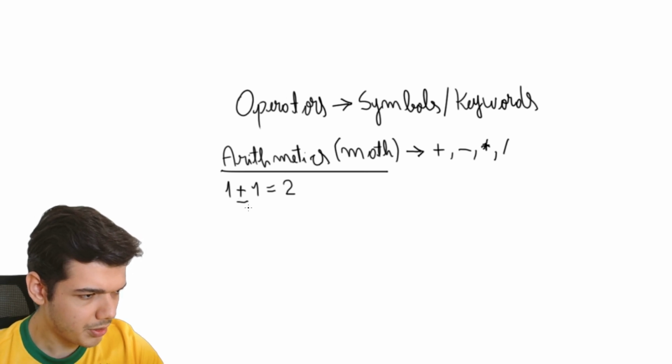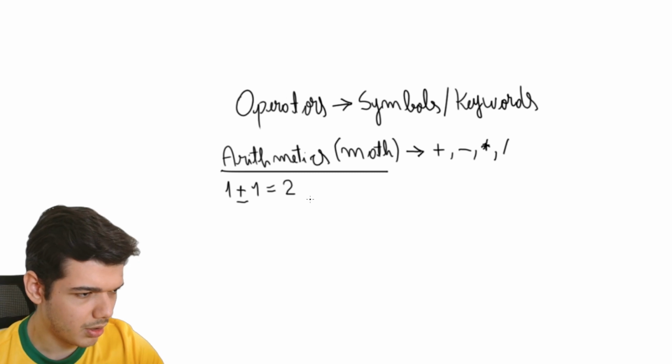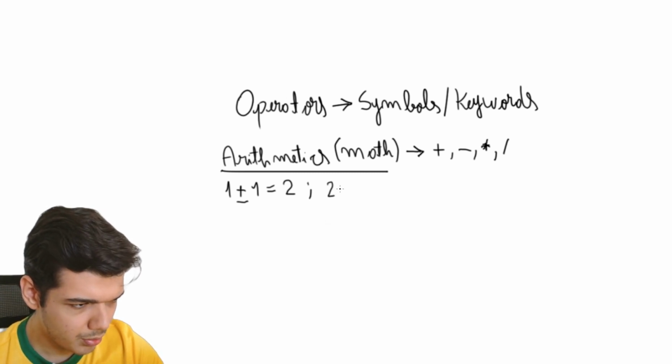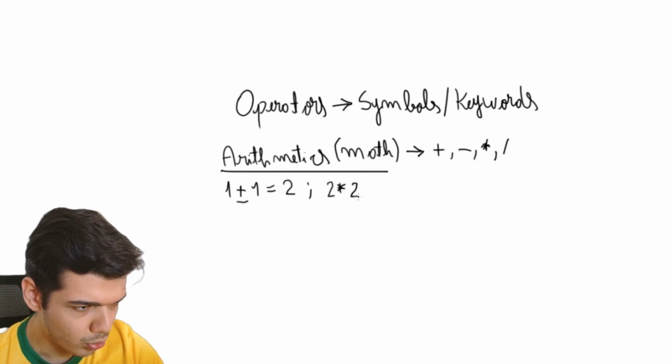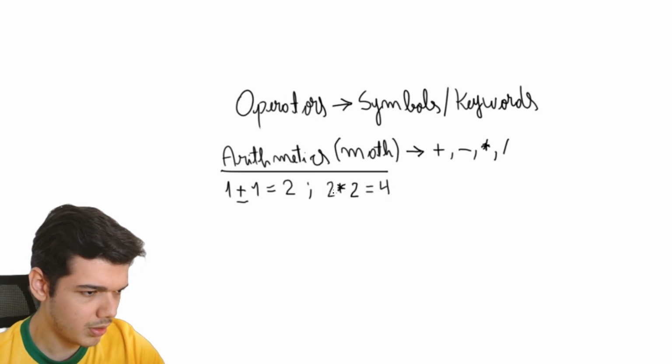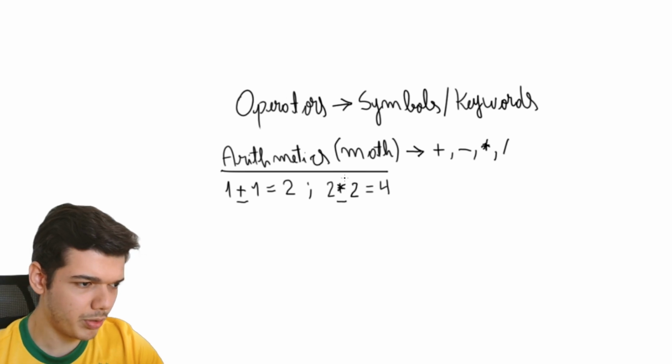The plus here is the operation for addition. Another example is 2 times 2 equals 4. The operator here is the multiplication,